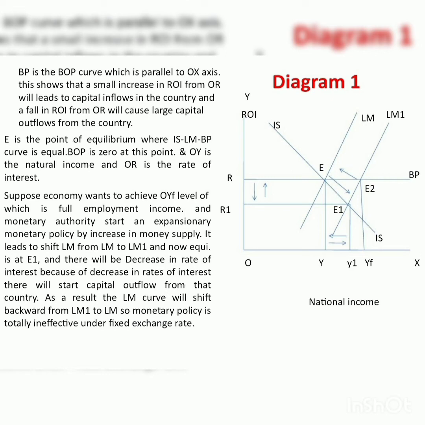So finally we have done that when IS and LM are both in equilibrium with the BP curve, that is the E point, the point of equilibrium. Now suppose we already know that at E point OR is the rate of interest and OY is the level of income. But if the government wants to increase the level of income in the country, suppose to YF, to achieve the level of full employment, then the government starts an expansionary monetary policy